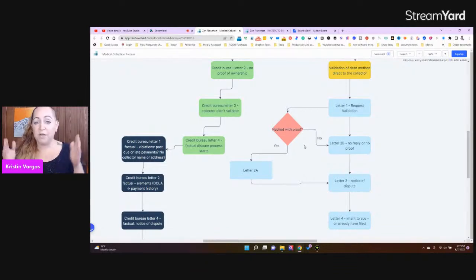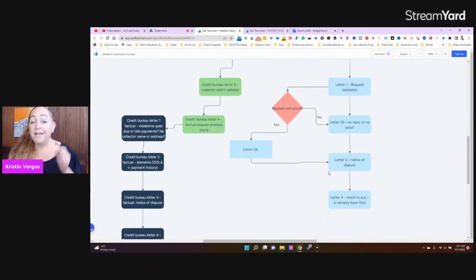You have to wait 30 days. The reason that we're waiting 30 days is very simply because of timeliness. Timeliness is a huge thing with this process, specifically because they have to enter the required notice of dispute. You're going to see that down here on letter 3, that the key to removing these is the fact that